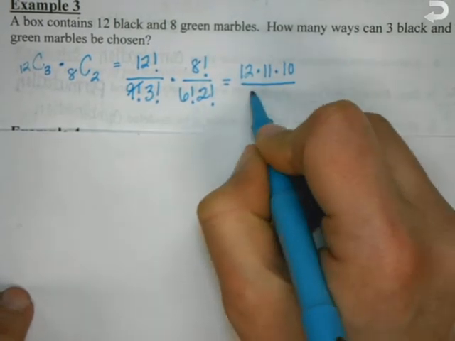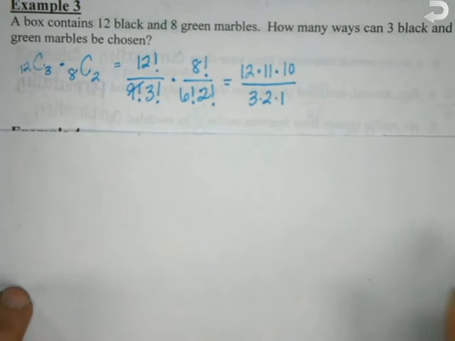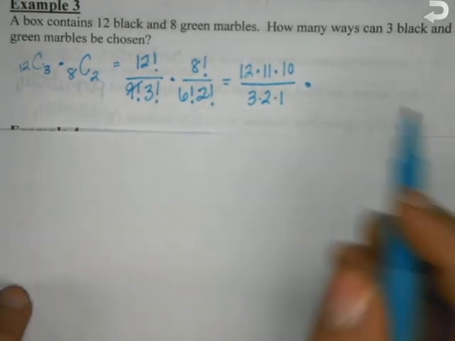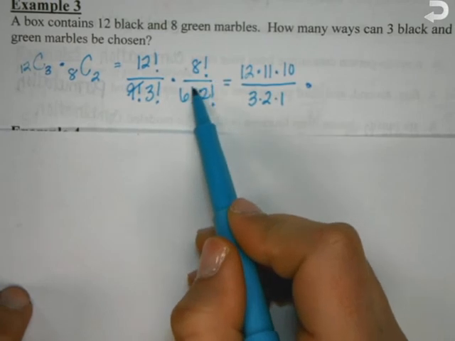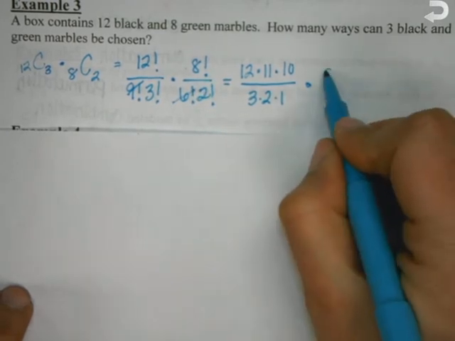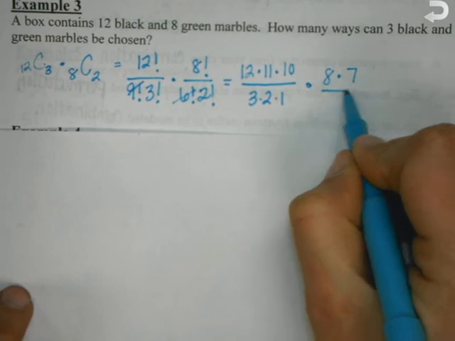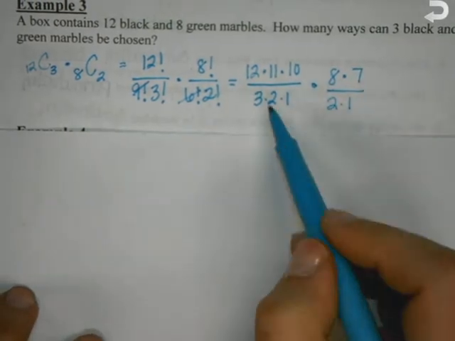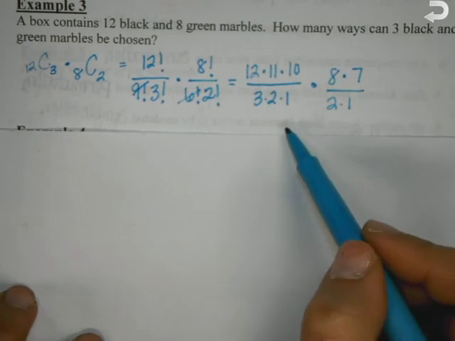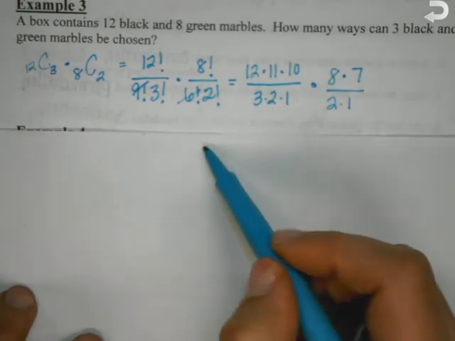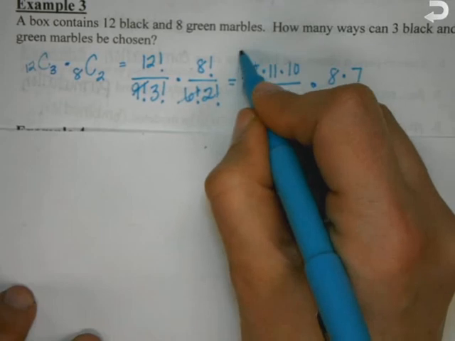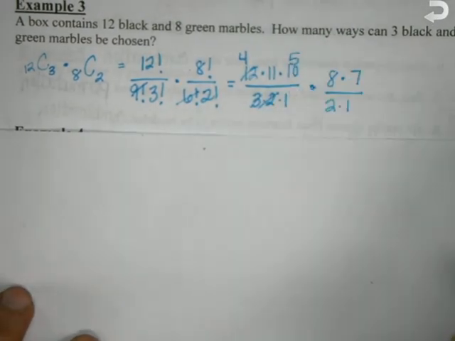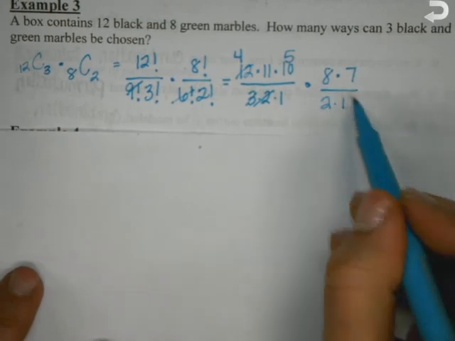times, what about 6 factorial and 8 factorial? 6 down, so that's 8 times 7 over 2 times 1. Okay, looking at the first combination, what cancels here? 3 goes into 12 4 times. Anything else? 2 goes into 2. 2 goes into 10 5. Okay, what about 2 goes into 8? 4 times. Okay, so 4 times 11 times 5 gives me